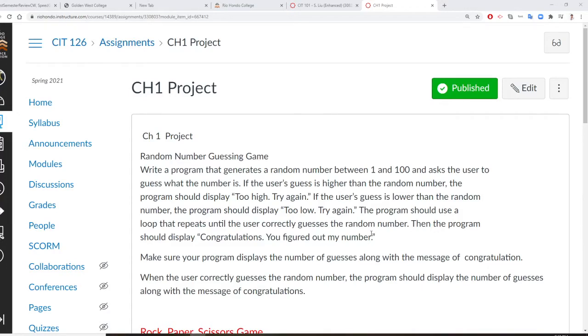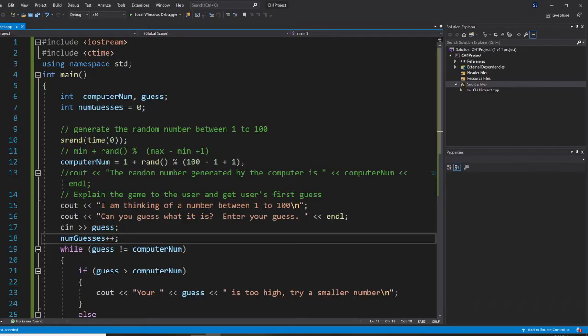Professor Liu is continuing to teach you Chapter 1 projects. We are able to create a random number guessing game, and we already figured out how many times this and that. But I want to make this program a little more advanced right now and use a function, because it is very important that we are going to use functions. So instead of using this one here, I'm going to use a function called get random